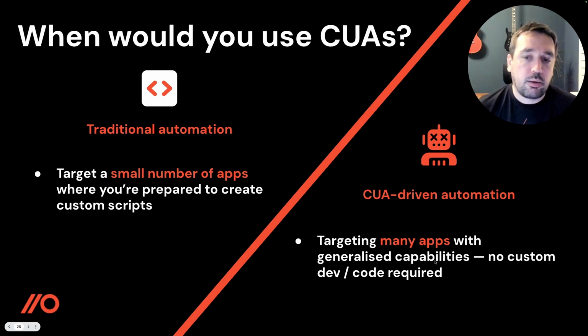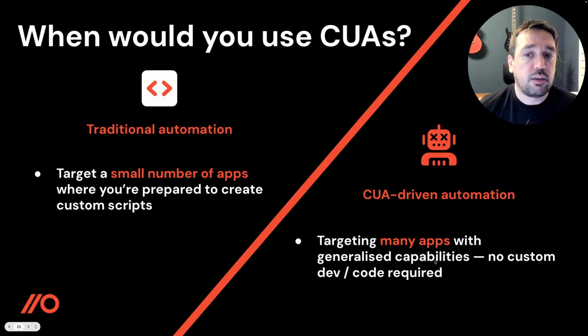Where CUAs really change the game a lot is their generalized capabilities. You don't even have to write any code, right? It can do something for you just with basic human instructions, but the real game-changing bit is the fact that you can do that for 1,000 apps, 10,000 apps, 100,000 apps. You're not going to write 100,000 Python scripts to automate different tasks on every single given app out there, right? But computer using agents can do that from the start. That is the game-changing automation capability for cyber attacks in the identity space.